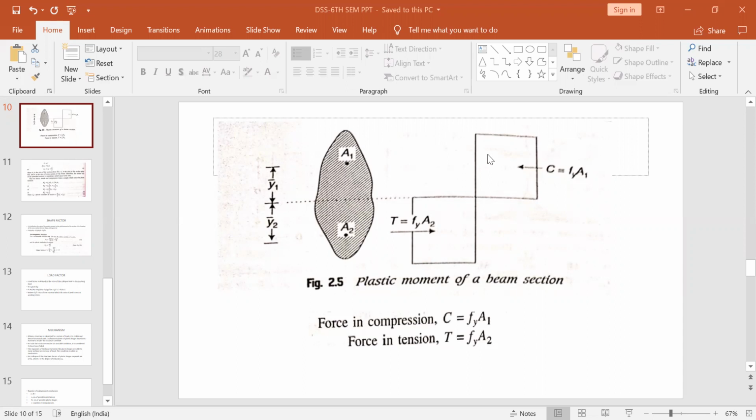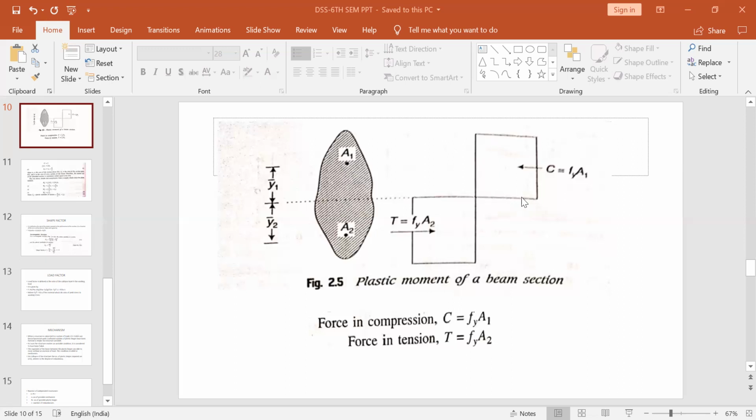But what you have studied there was for the elastic limit. Now you are studying the plastic limit. So we have two kinds of axes here: one is the elastic neutral axis, one is the plastic neutral axis. Earlier, in strength of materials, you were finding the elastic neutral axis. Now we'll find the plastic neutral axis. The neutral axis here is an axis which divides the section into two equal halves. That we will see.